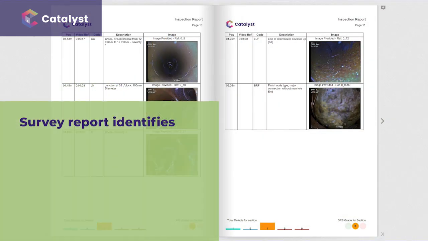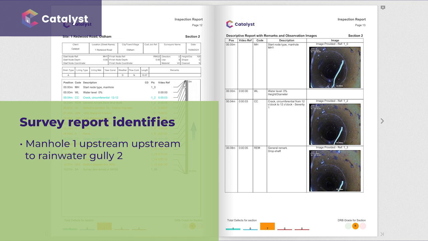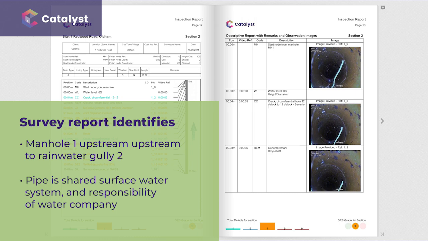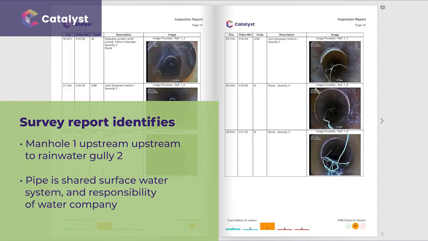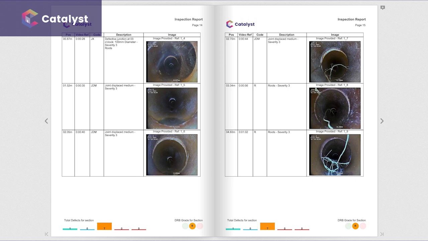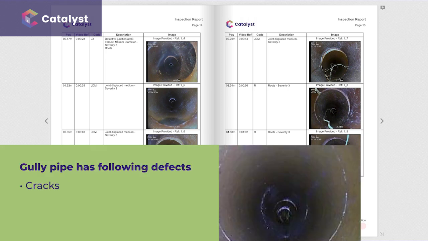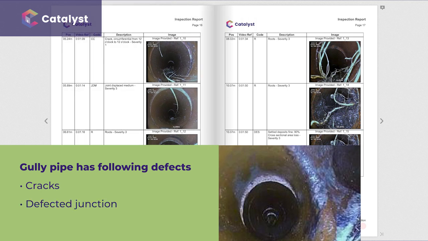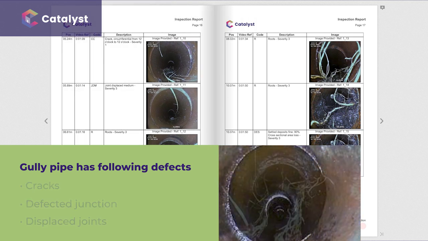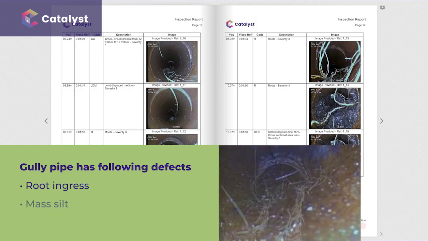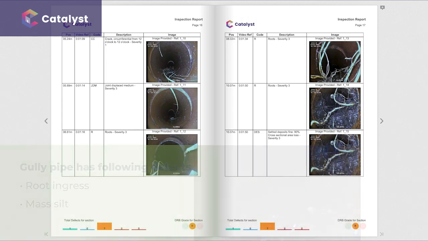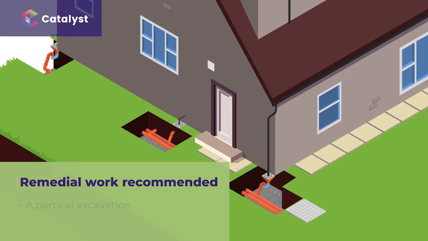The report also identifies issues relating to manhole 1 upstream to rainwater gully 2. It finds a pipe is part of a shared surface water system and therefore the responsibility of the local water company. It reveals a pipe has the following defects: cracks, a defective junction, displaced joints, root ingress and mass silt. Repair recommendations are to carry out partial excavation and lining of the pipe, with work to be carried out by